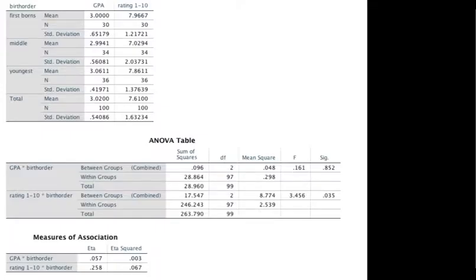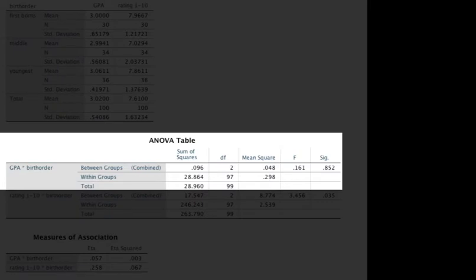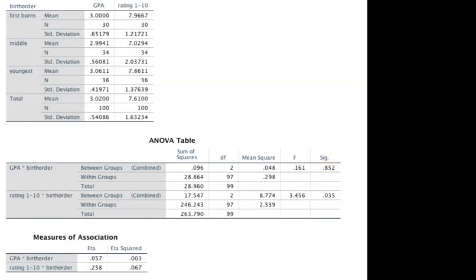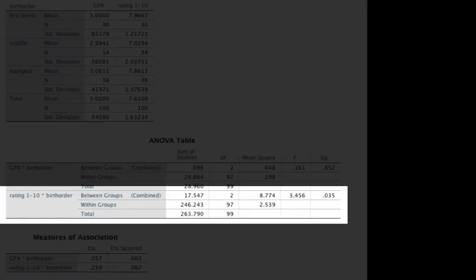In the output file, we see the results for GPA and the need for achievement right next to each other. Notice that for GPA, the F value is not statistically significant. Therefore, we would not run any additional analyses and we would write up the results as we have them here. However, for need for achievement, we do have a statistically significant F value, and therefore we would need to run